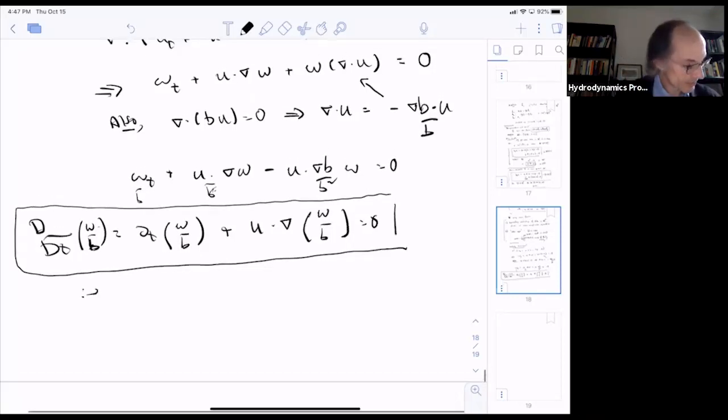In other words, if we define, so we're reviewing stuff here, if we define the particle trajectory map,